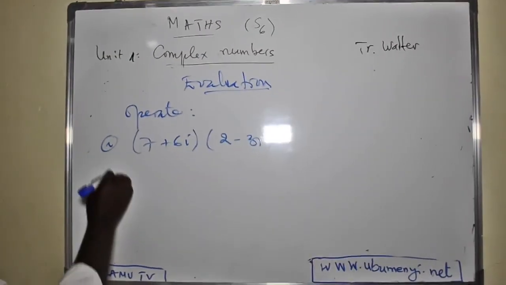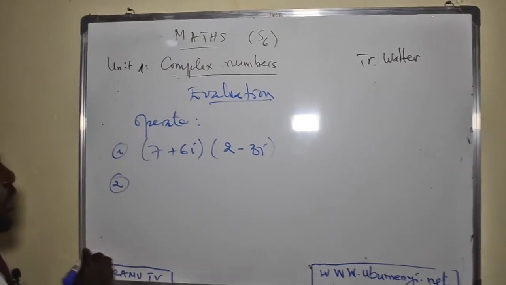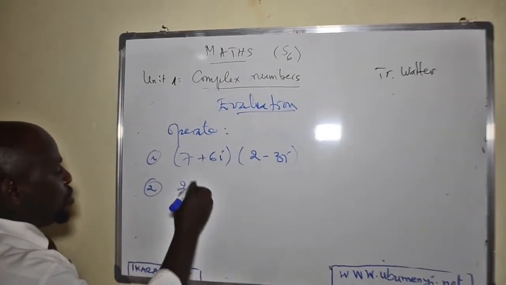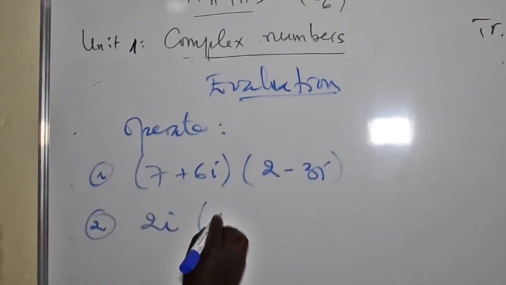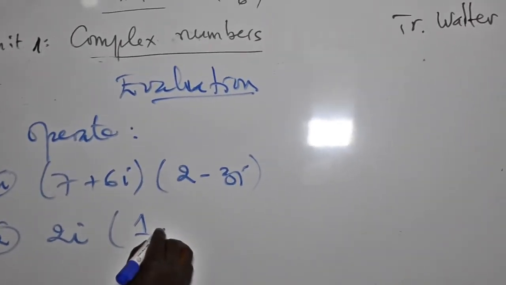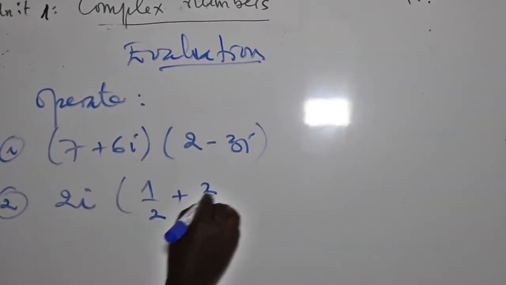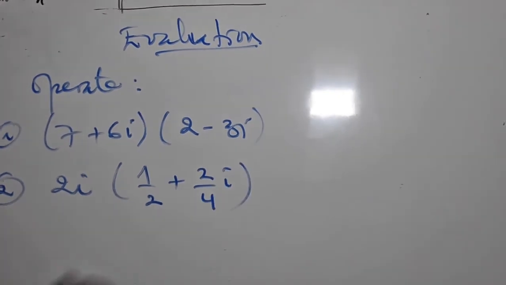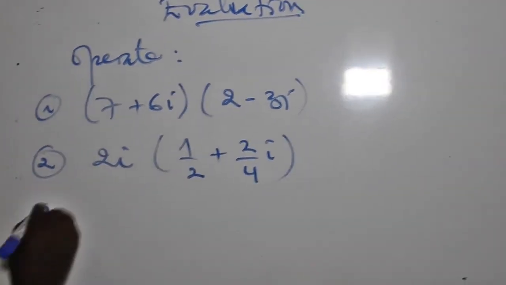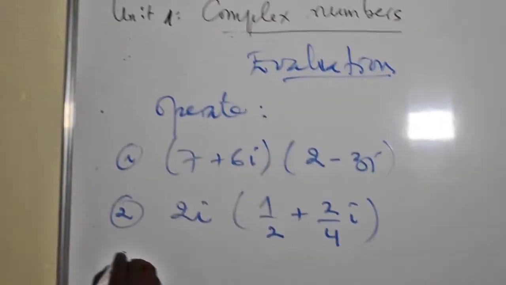Find this. Number 2, for your evaluation, try to do this: 2i times 1 over 2 plus 2 over 4i. Try to find this. Number 3,